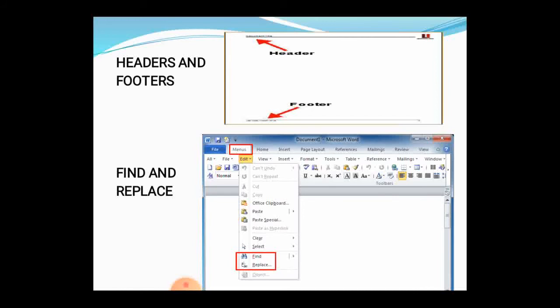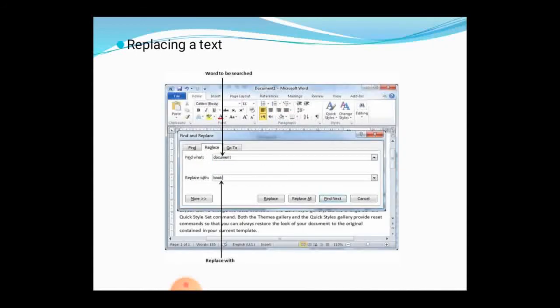For example, your document is of 10 pages, and you are replacing ninth with 10th. You select the find and replace option in the menu bar and you will get this window.